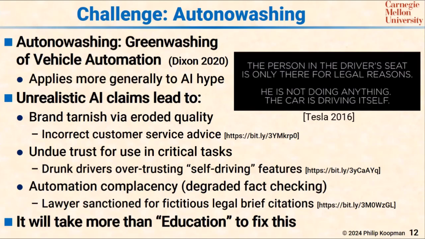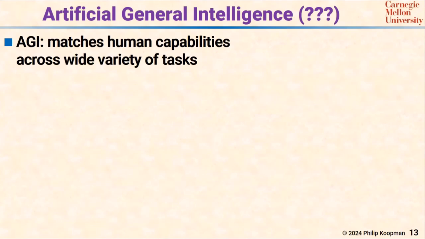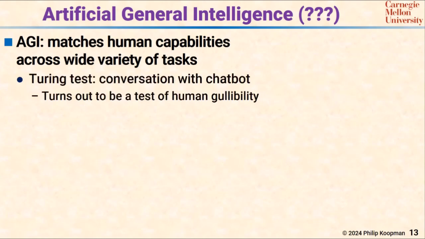Okay, how about artificial general intelligence? AGI. Some people say we're about to get artificial general intelligence. I'm going to use a simple definition of it: matches human capabilities in more than one task. So it's not just it can drive. It's not just it can summarize articles and tell you what the summary is. It can do many things that humans can do. And people are worried this is going to be here any day. Some people are saying that machine learning systems have AGI, or large language models are basically AGI, just they're not done with it yet. I don't buy any of that stuff.